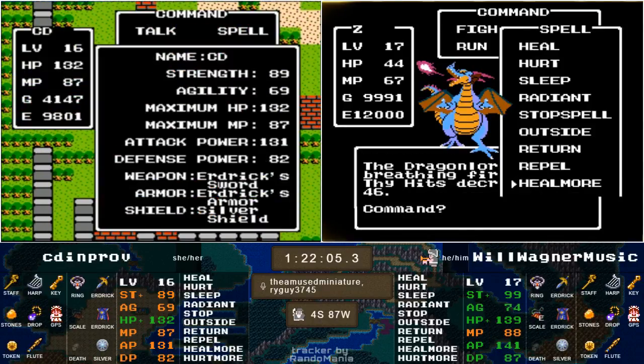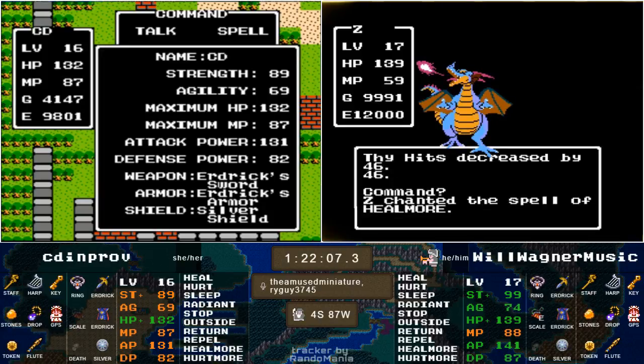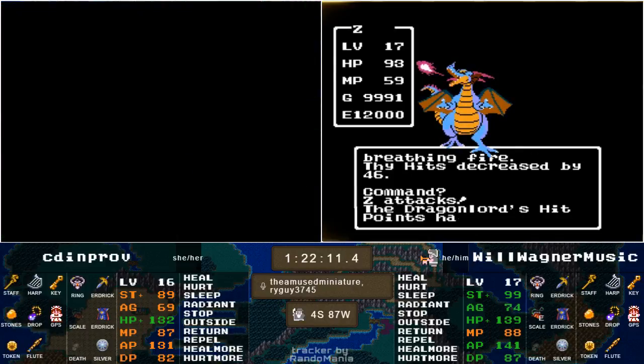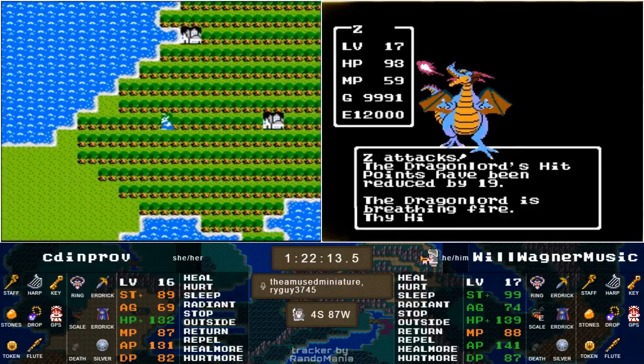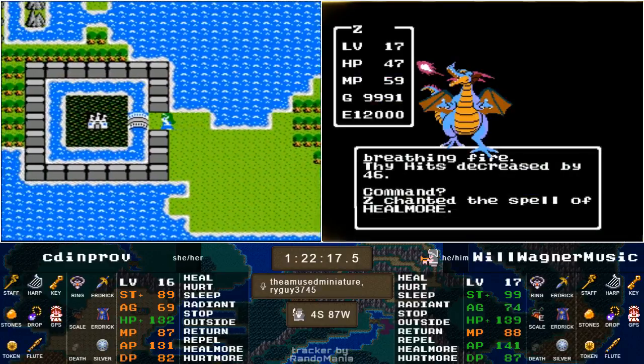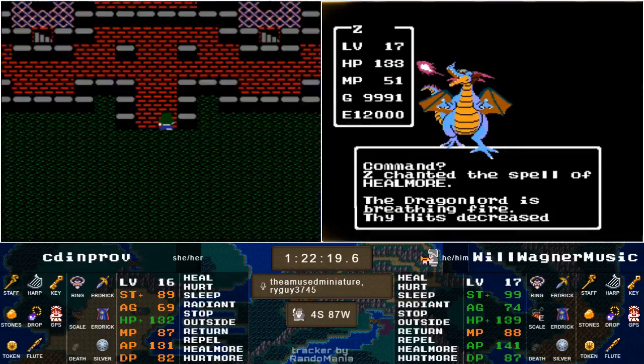He is coming into the Dragon Lord fight with 117 HP, gets the first double. I'd say that this fight is pretty much already over. I mean, I think we can start guessing how much MP he's going to have left when he kills the Dragon Lord. Not to jinx him or anything, but...